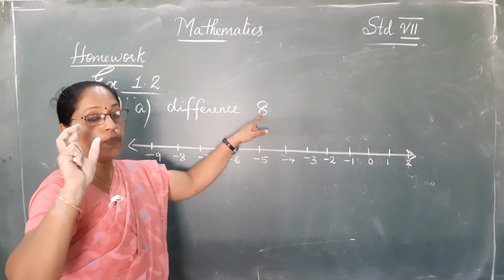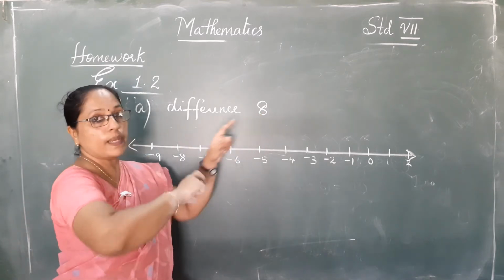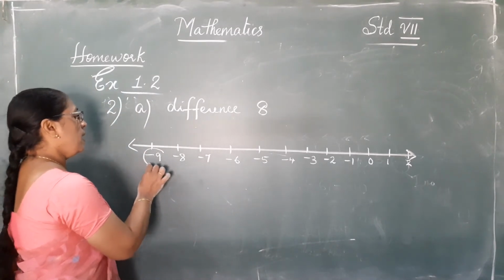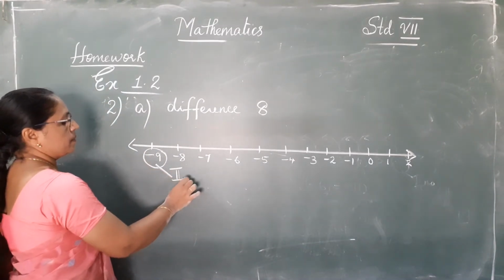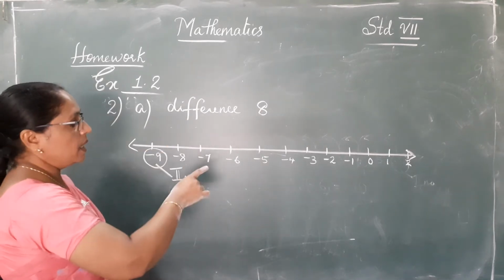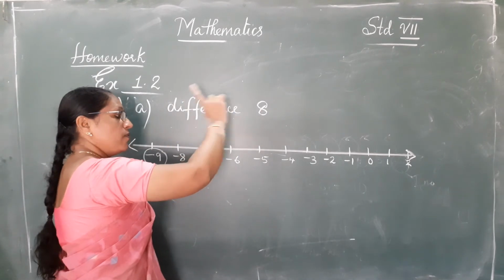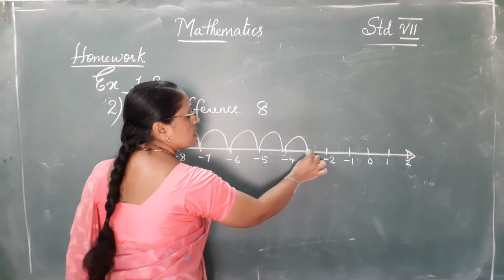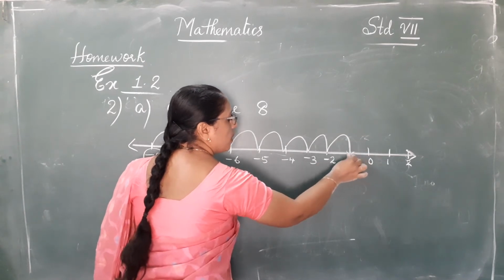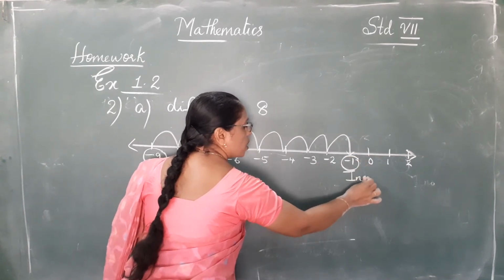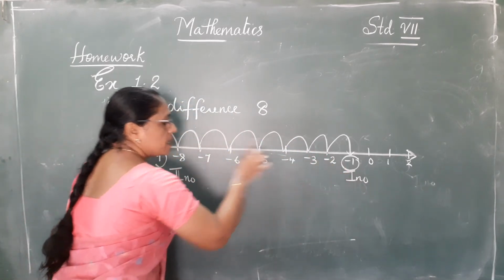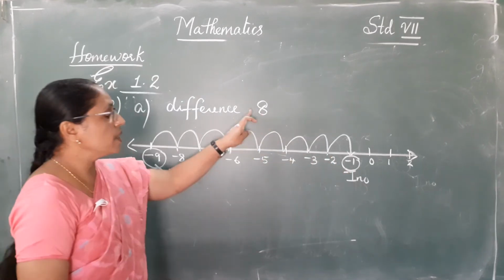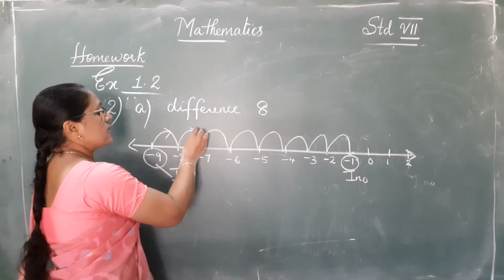The only thing we need to make sure is we should have this many steps to count to reach the first number. So I am selecting the second number, negative 9. From here we need to count 8 steps forward. So 1, 2, 3, 4, 5, 6, 7, 8. So we reach the first number, that is also a negative number. Both numbers are negative. That's our question: write down a pair of negative integers which gives the difference 8.